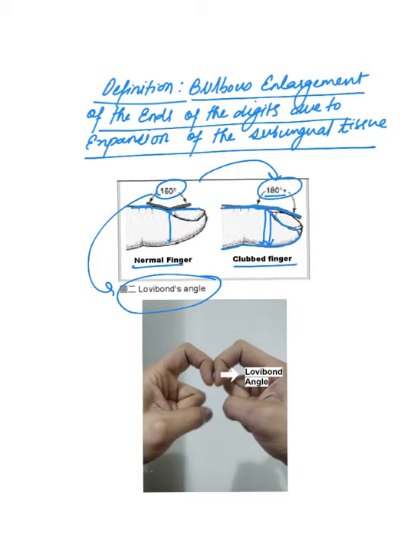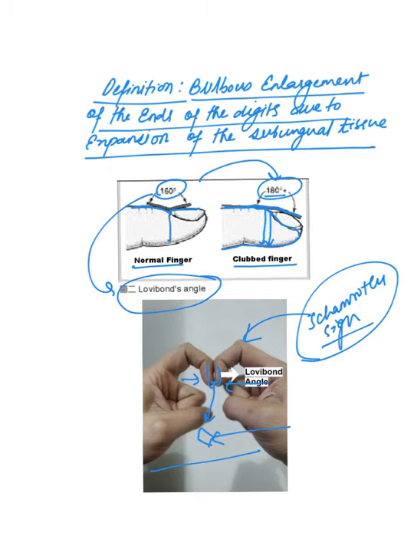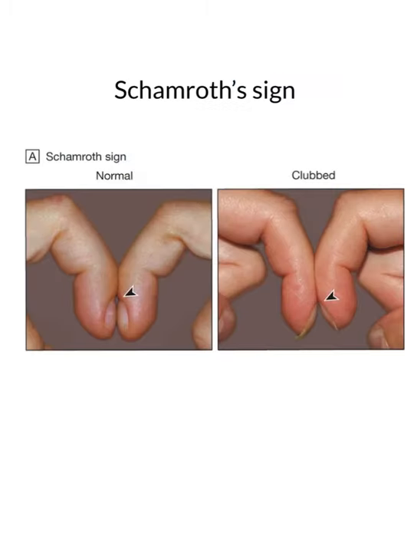So we have all done this simple bedside test to look for clubbing. This is called Schamroth's sign. Normally when the two dorsal surfaces of the index fingers are brought together, there is a diamond shaped space left in between the two fingers, as we can see here. So this is normal. When this space is obliterated, clubbing is said to be present, and that is called the Schamroth sign.